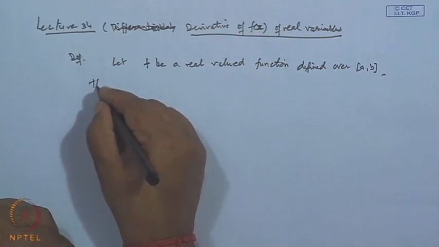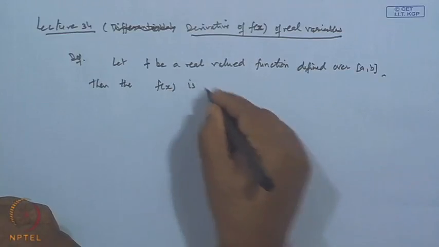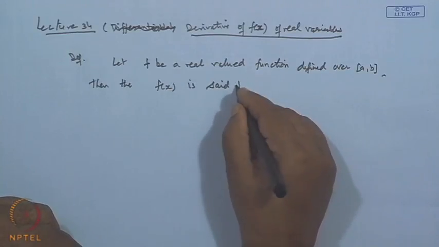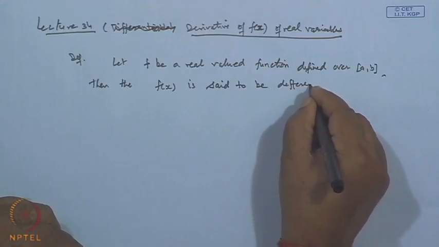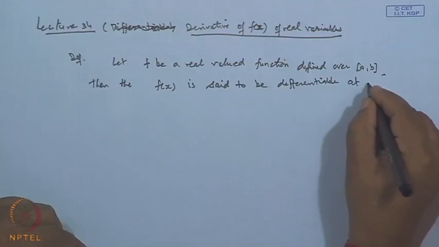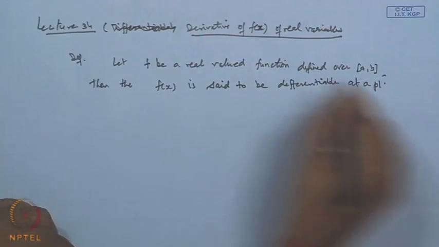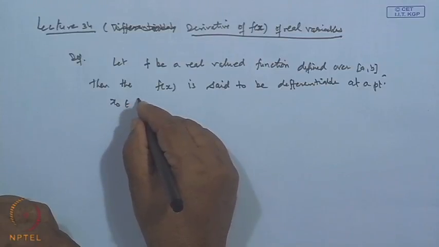Then the function f(x) is said to be differentiable at a point, say x naught, belonging to the interval [a, b],